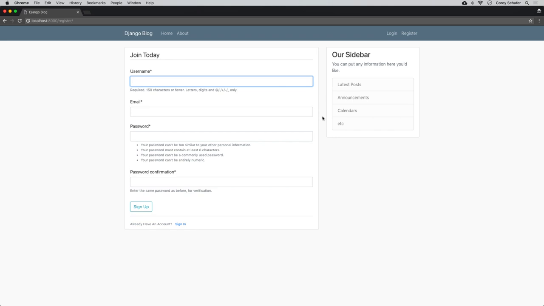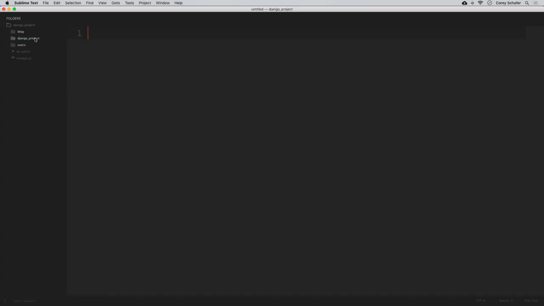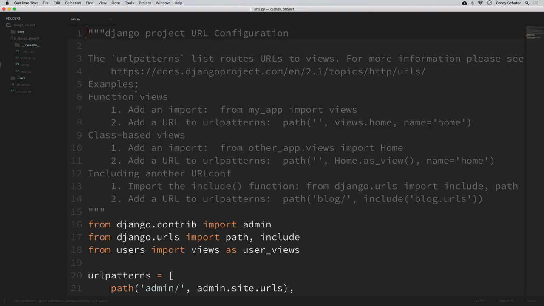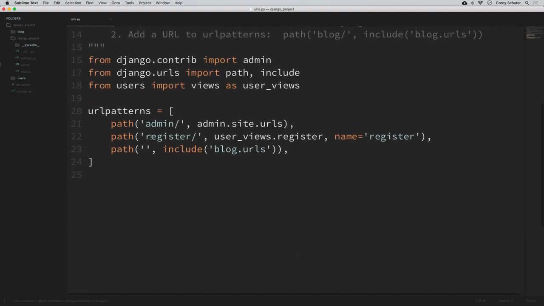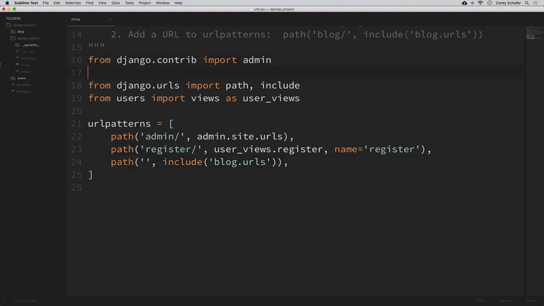So first of all, I'm going to import these login and logout views within our project's URLs module. So within our project, let's open up our project's main URLs module. And this is where we have our admin and register route and also our default route that goes to our blog URLs. So within this URLs module, I'm going to import some views. These are views that Django provides for us for login and logout. So to import these, we can come up here and say from django.contrib.auth, and we want to import those views, and we want to import those